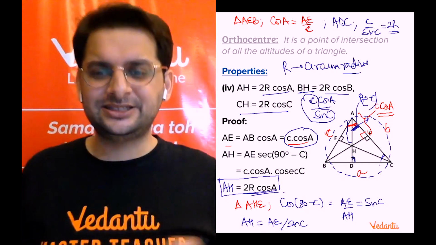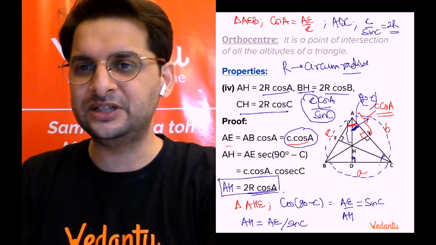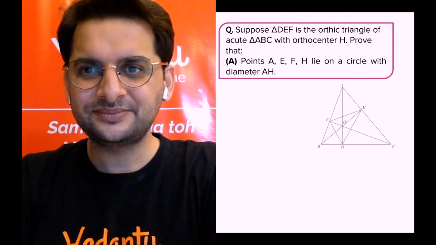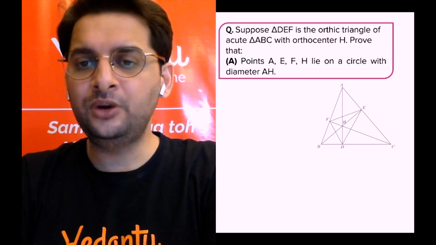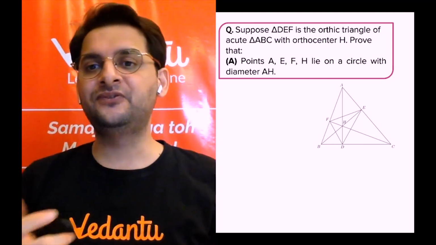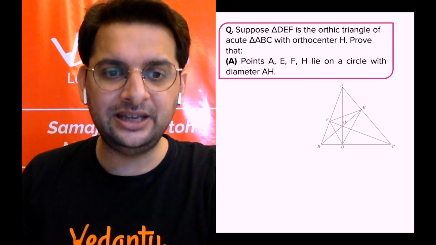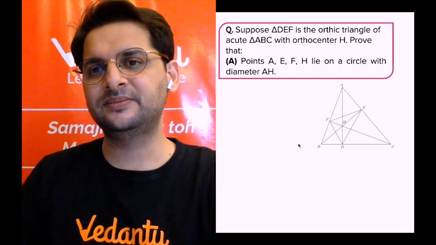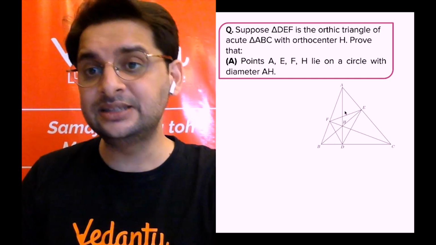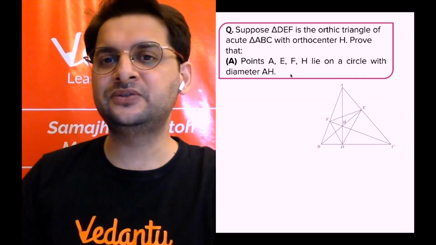Yes? All right. So let us move forward and discuss the orthic triangle which we defined in the start. So what is an orthic triangle? As I told you before, the orthic triangle is the triangle formed by joining the feet of the perpendiculars. So AD, BE and CF are three perpendiculars. We join D, E and F, and this triangle is called the orthic triangle. Right. So before we find the angles and the sides of the orthic triangle, let us discuss something which we've done before.